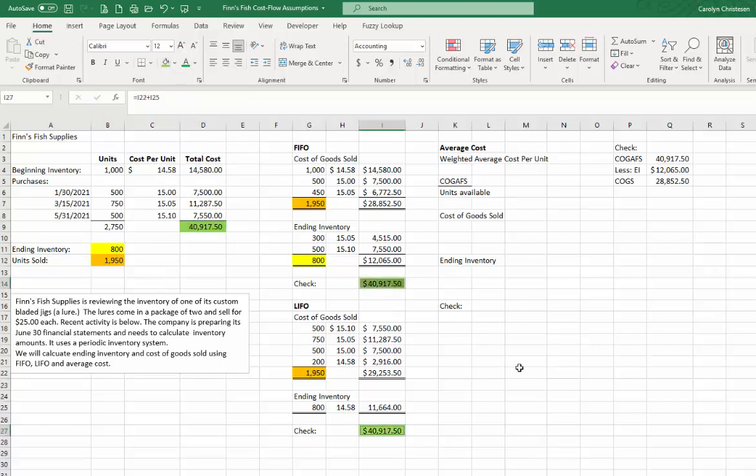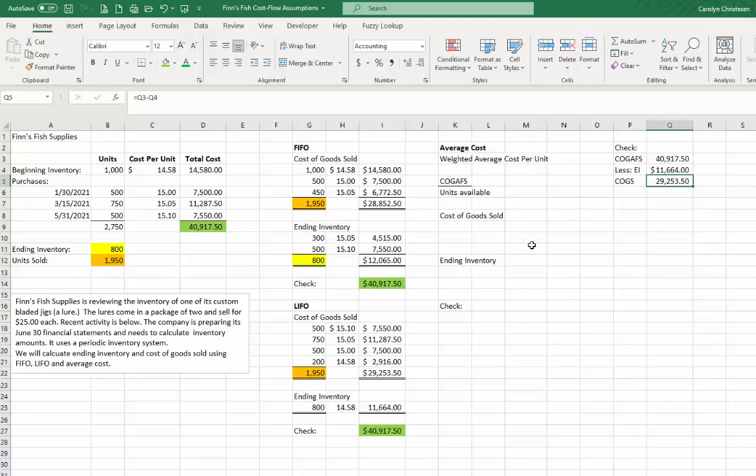Okay, so those are all the same numbers. Cost of goods available for sale does not change. Again, we could do the same thing we did here. Cost of goods available for sale minus ending inventory equals cost of goods sold. And that works, right? Here's the cost of goods sold. Okay, so let's do our last